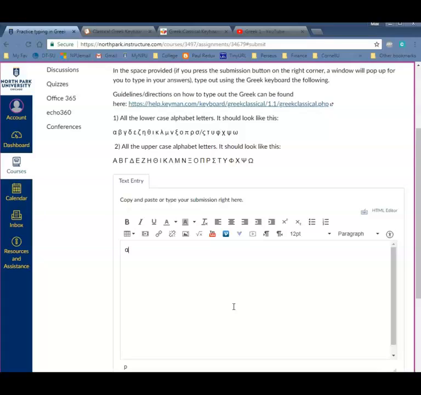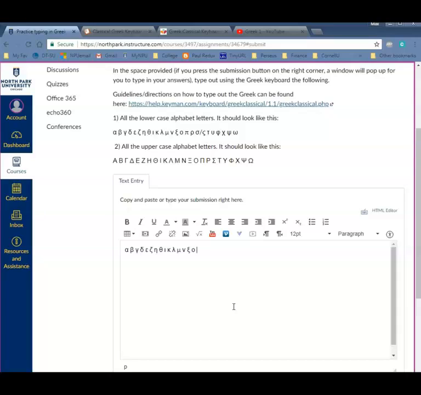If I press A, I'm getting alpha. Oh, great. So you see that A is alpha, B is beta, G is gamma, D is delta. And I'm putting a space in between. E is epsilon, Z is zeta, H is eta, Q is theta, I is iota, K is kappa, L is lambda, M is mu. Oops, I typed in a comma by accident. M is mu, N is nu, the C is xi,